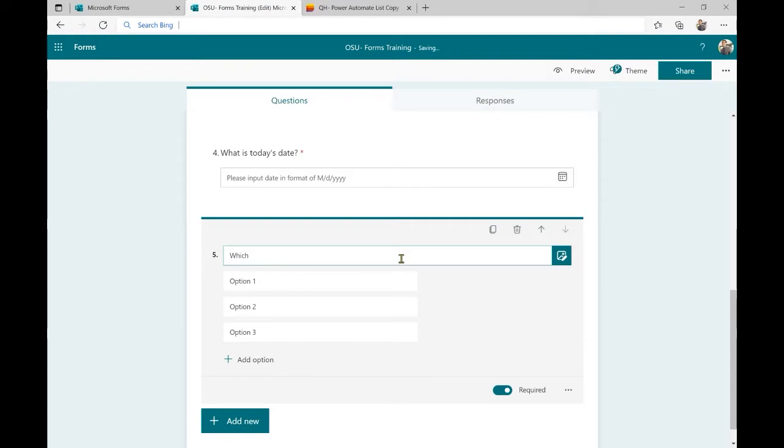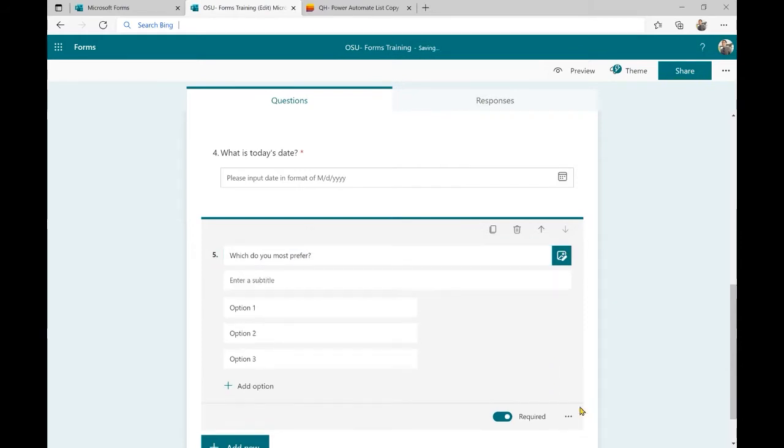We'll say, which do you most prefer? We'll add a subtitle. Please rank in order of most preferred. Not sure why my computer is moving so slow.